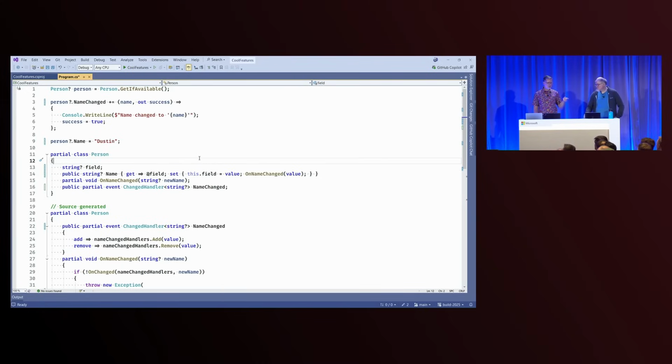Like you did with the @ there, you can say, like with any keyword, you can turn it into an identifier by putting @ in front, or you can just say this.field, like you do with this.value sometimes. If you have something called value and you want to get at it from a setter, where value is the implicit variable of a property setter, you say this.value instead. We can do the same thing here. So that's how you kind of get around it.